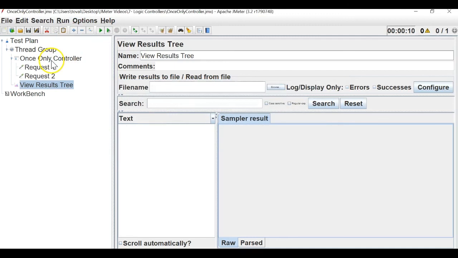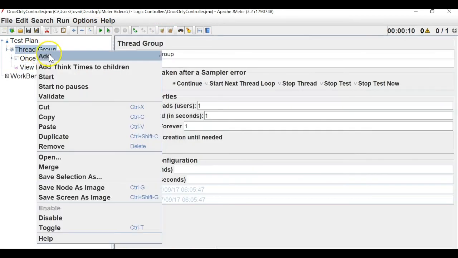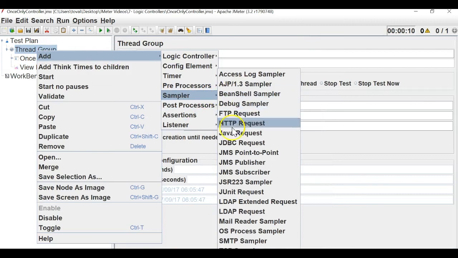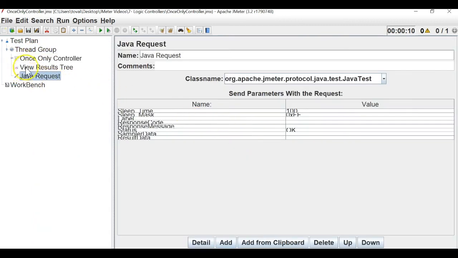Okay, and let me run this. So clear this and run. So you can see both are running. If I run this again, both are running. So what's the difference? Let me add another Java request that is outside